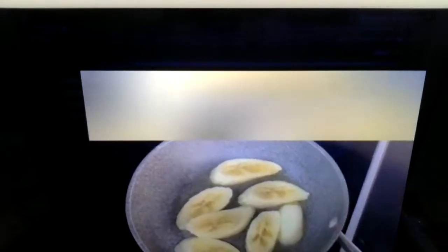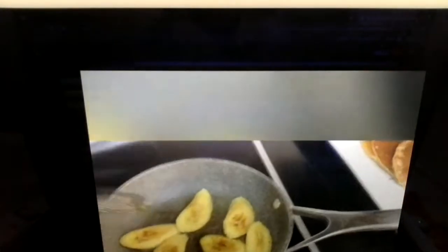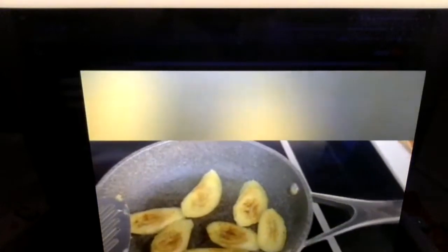Because you know, when you come from gym and workout, you need some potassium. But this says that don't eat banana before you go to workout. After workout, you can eat banana. Okay,